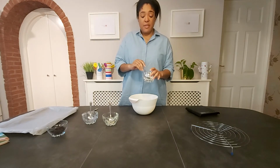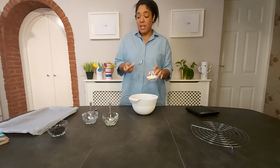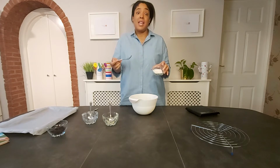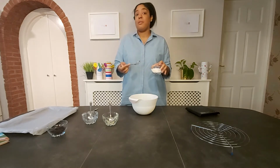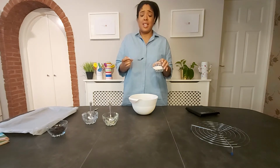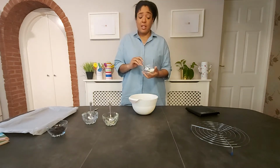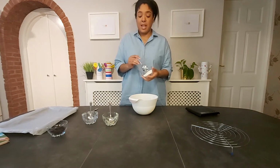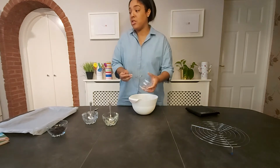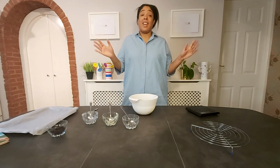I find it really simple to remember, just because obviously biscuits are flour, so that's going to be your main ingredient. And then if you just remember that sugar is obviously the sweetest thing, so we're probably going to need the least of that, so that's going to be the 50, and then the butter's going to be in the middle. So we just tip literally all of that into the mixing bowl,